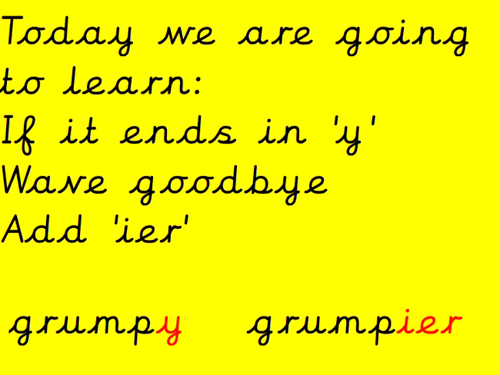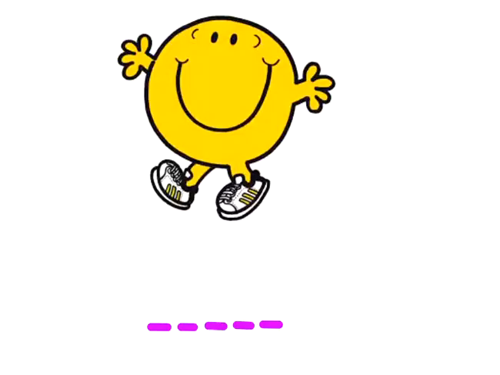So we're going to learn about how we change adjectives like grumpy into grumpier. Okay, so just the root adjective at the moment. How do we spell happy? Happy. H-A-P-P-E. Check out the line, that it's a Y making the E sound at the end of that word. Think you've got it? H-A-P-P-Y. Well done. Now if we wanted to change happy into happier, you are happier than me, we need to